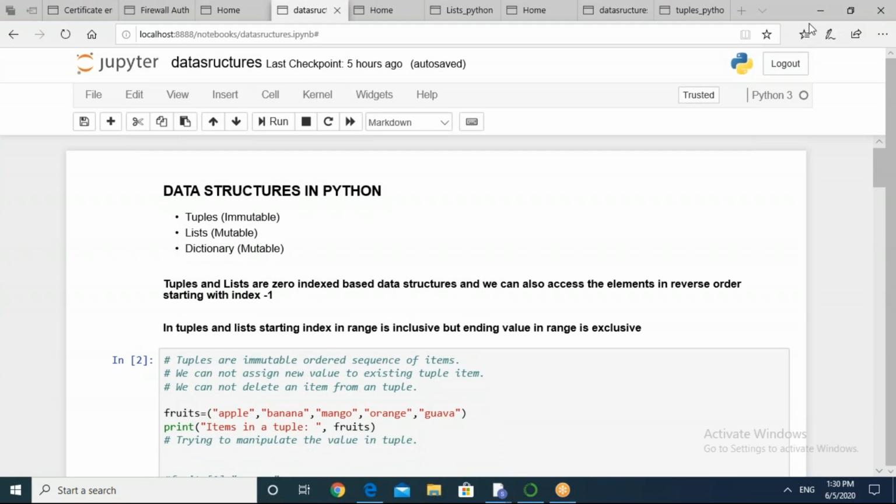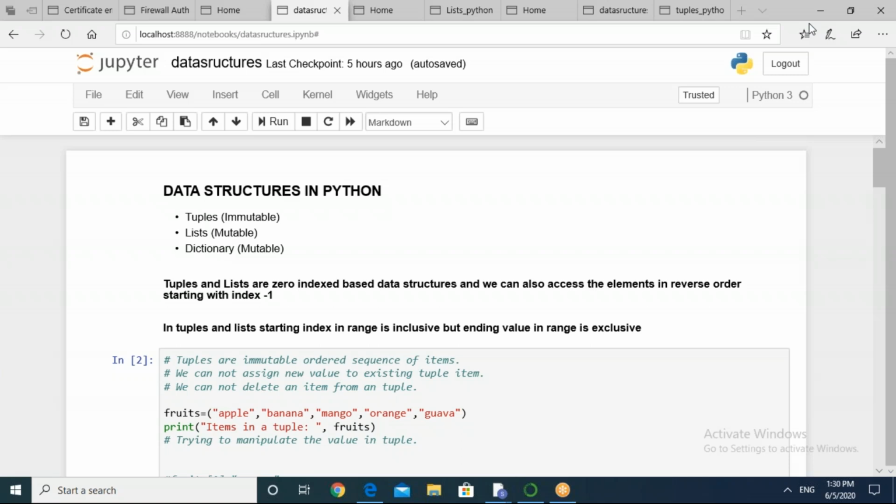So after understanding a list in such detail, I believe now it is not a big task to understand what tuples can provide us. So the very first difference that you need to understand between tuples and lists is that tuples are immutable and lists are mutable.